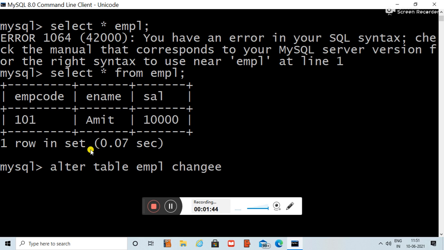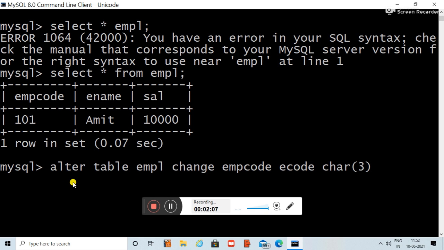Change EMP code, it will be changed to E code, and I have to specify the data type also. It is char, and the length is 3.